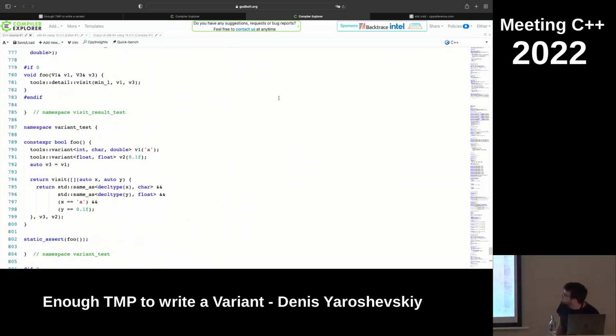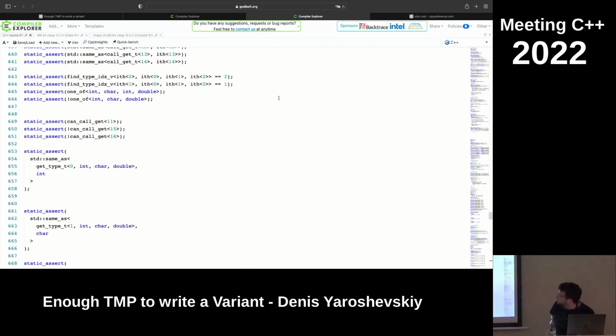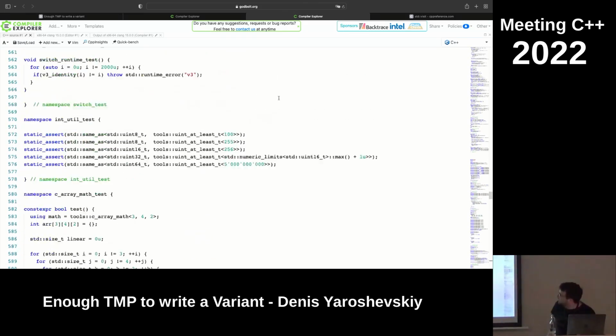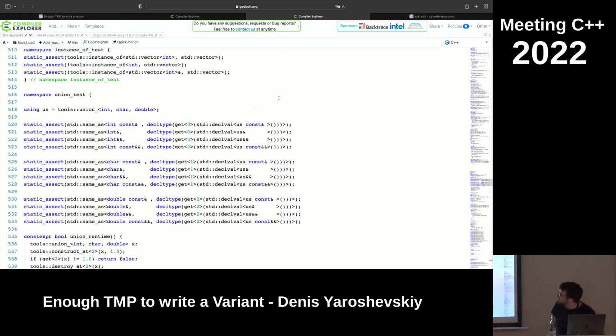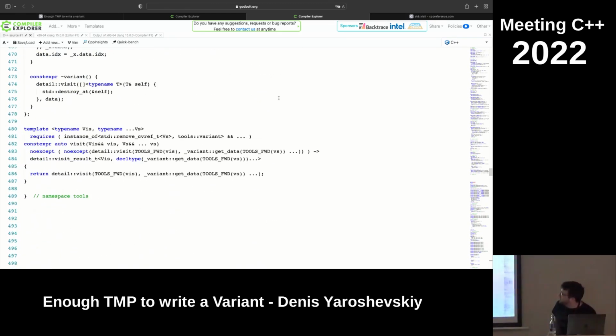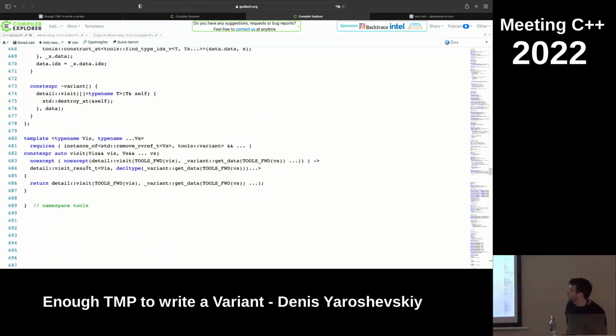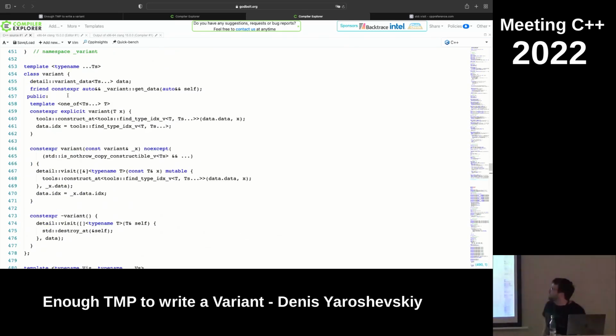This is all tests. And this is the implementation of a variant in less than 500 lines of code. And with that, if you have any questions, I'm happy to answer. Hopefully you were lost closer to the end.